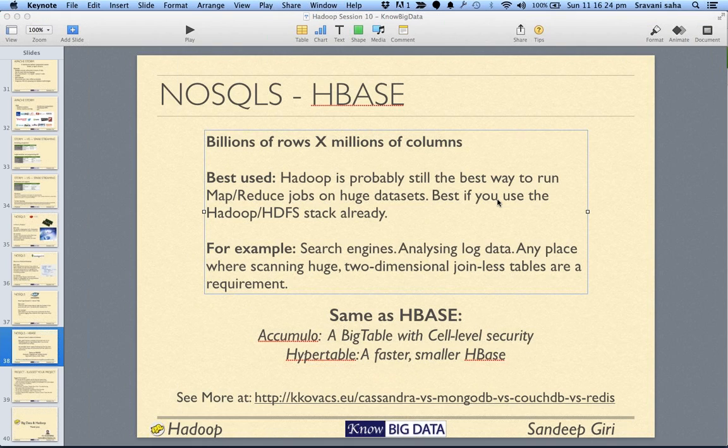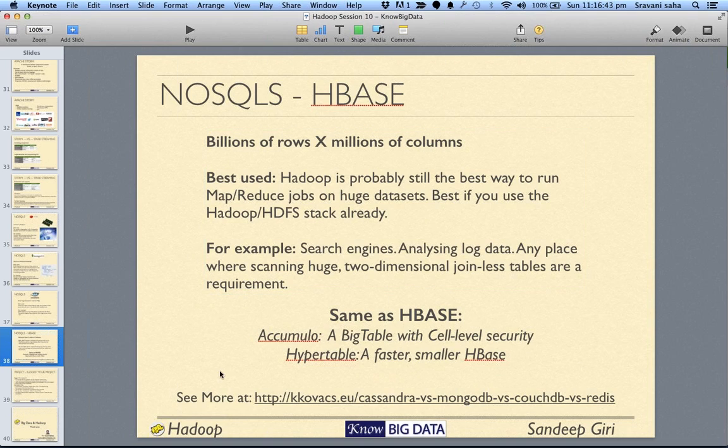On HBase, it can be used for search engines, and you can analyze log data. Basically, you create two-dimensional tables which don't generally require joins. Similar to HBase, there are Accumulo and Hypertable.